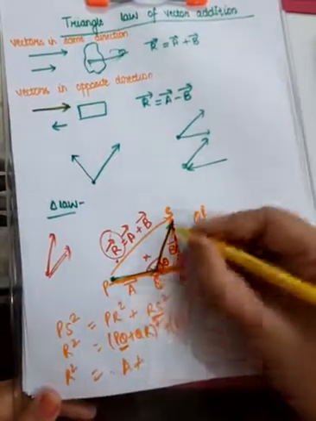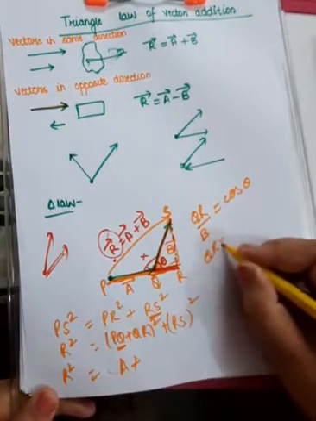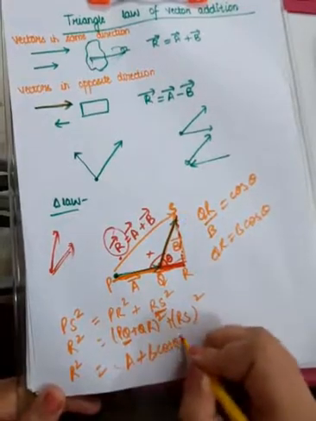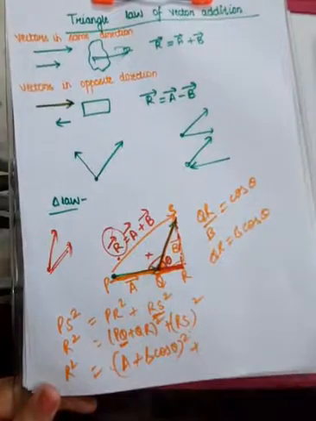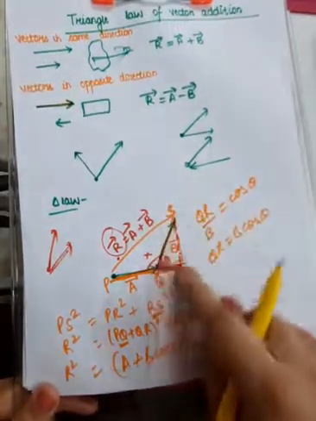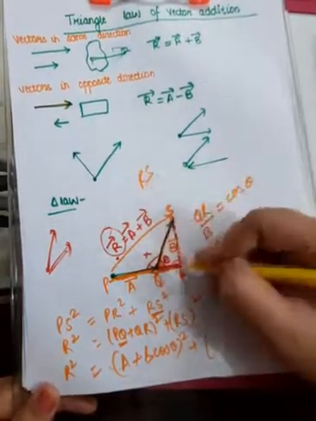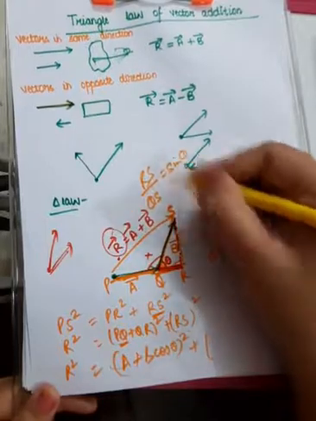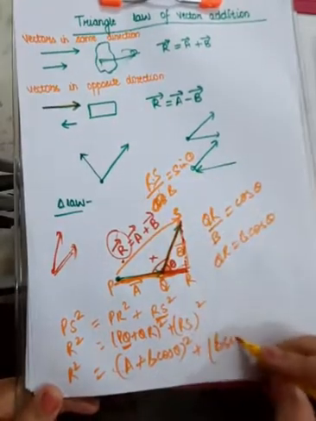Base upon hypotenuse equals cos theta. So QR equals B cos theta. I'll put it here, B cos theta whole square, and RS whole square. So RS is the perpendicular of this small right angle triangle. So perpendicular upon hypotenuse equals sine theta. And QS is equal to B. So RS will be equal to B sine theta whole square.